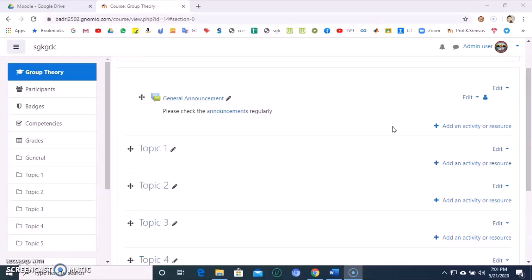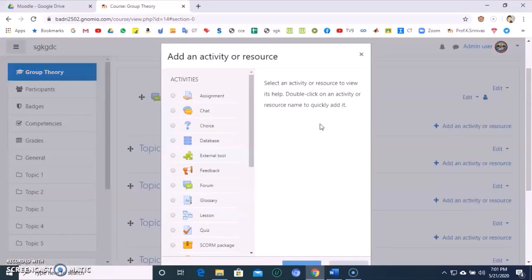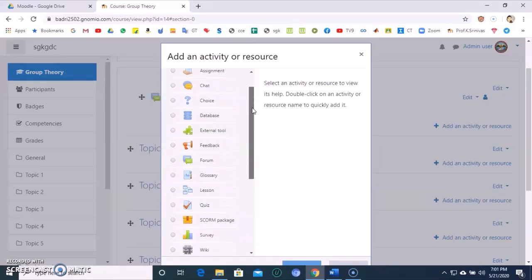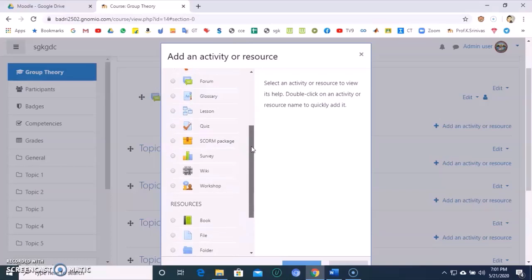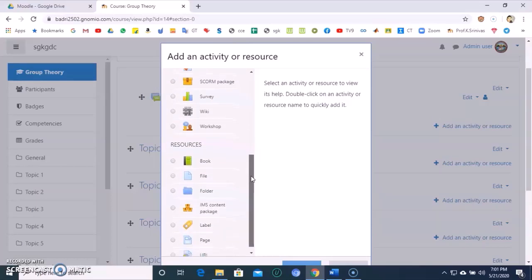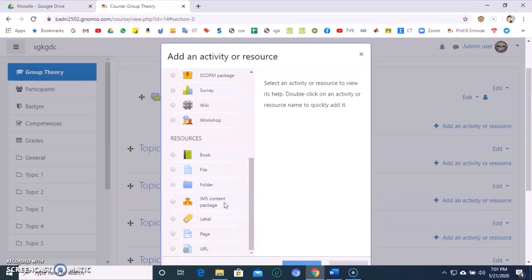You can add a syllabus or a content, anything, by using this option, add an activity or resource. Just click on that once and you will find a list of activities displayed: assignment, chat, choice, database, and so on. Scrolling down, you will see a list of resources.